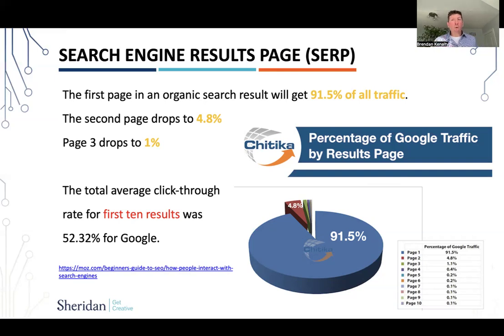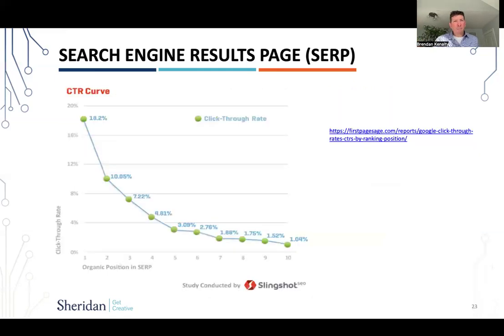And it's very important that you are good at getting your product or your content to show up when people type in certain search strings. And we'll talk more about that in a minute. And this, again, gives you a sense of the click-through rates for people showing up in certain slots. Think of it as the first slot, second slot, third slot down that page. So if you're in the first slot, you're getting 18% of the clicks, the second slot, 10%, and then you can see that as you go down, it really drops off.